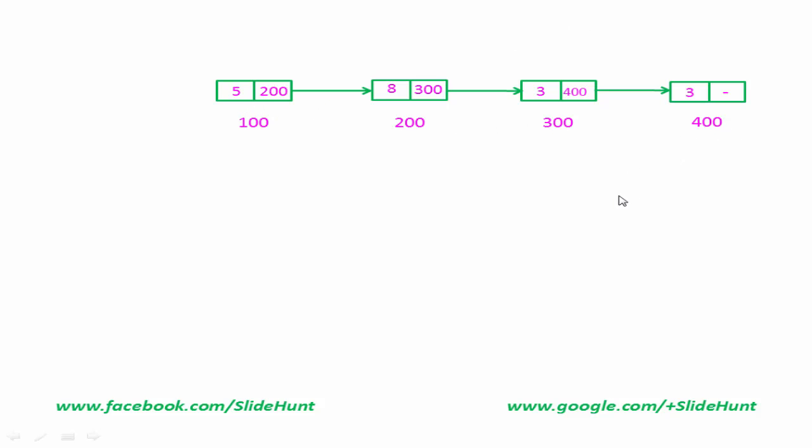Each node has two fields. First field is called data field that contains some data, and second field is called link field that contains the address of next node in the list. Now see here, link field of first node contains the address of second node. Similarly, link field of second node contains the address of third node, and so on. The link field of last node contains null because there is no other node after this, and the address of the first node is stored to a variable is called head.